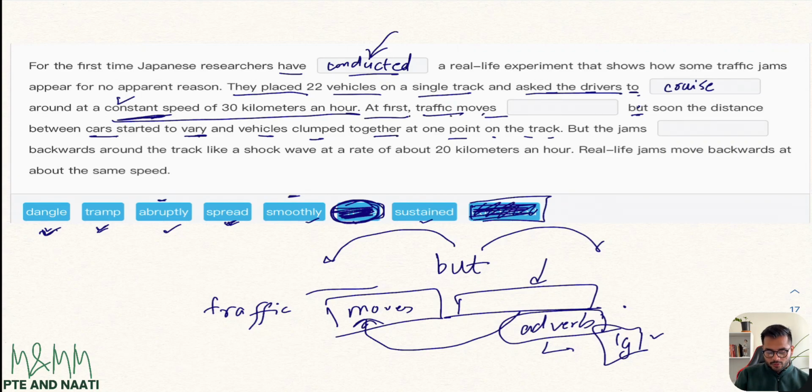At first, traffic moves abruptly. Abruptly sounds like a very negative word, right? Abruptly means it's not good. Versus smoothly, flow. A very positive word. And does that make sense over here? Yes, it does. It says, at first traffic moves smoothly,